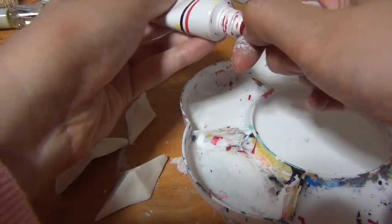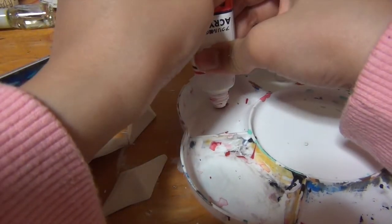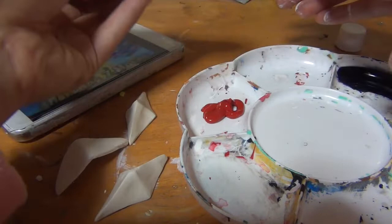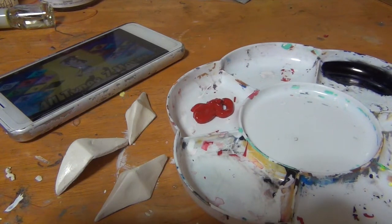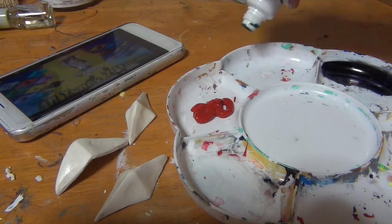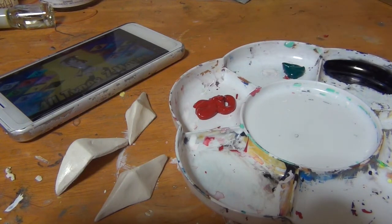So for fire, oh man, the paint just dried on there. Okay, so fire obviously is going to be red, and in the picture it's, whoa, my gosh. I hate it when this happens. Well, it's not really expensive acrylic paint, so. Anyway, for fire, it's obviously gonna be red. It's a bit orangey, so I might add some yellow later on. I don't know yet. I'll just do that. And this is obviously way too dark for the grass type, so I'm really gonna add some yellow to that. And then